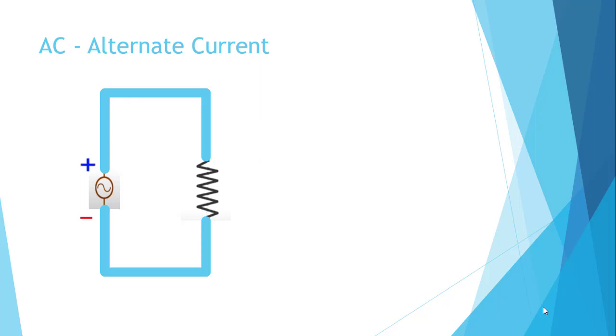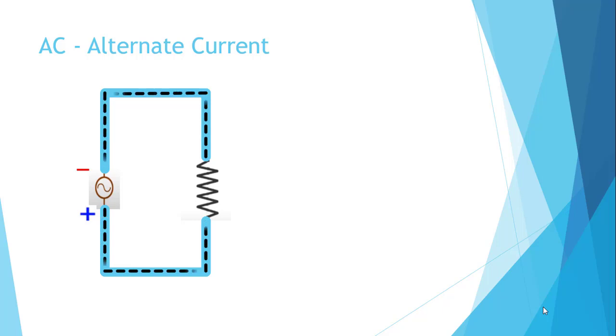Now let's see the alternating power. In this circuit, you can see the battery is now replaced with the AC power, in which the polarity and the magnitude change. Rest everything is the same. In this diagram, the current will flow from the positive to negative direction, similarly to what we saw in the DC current. But after some time, the polarity of the power changes. What it means? It means that the direction of the current will also change.